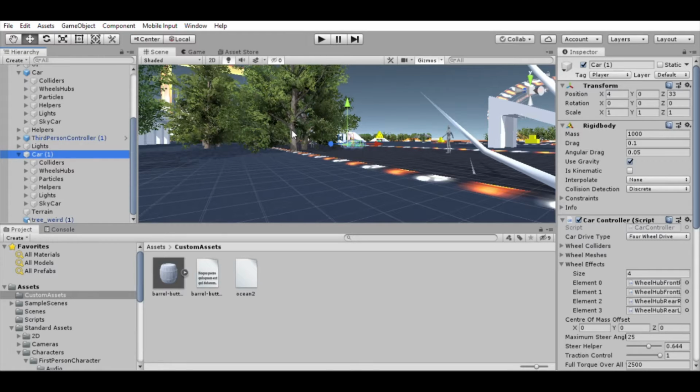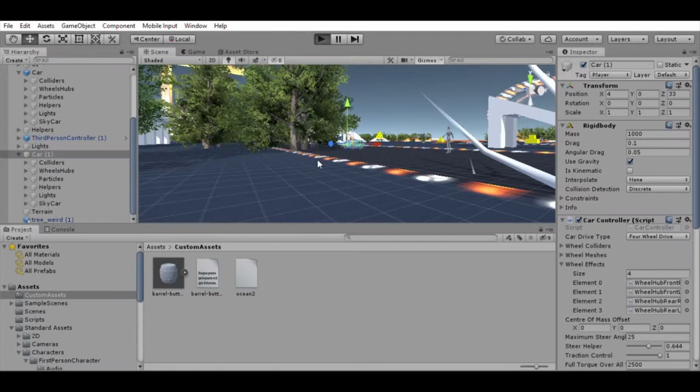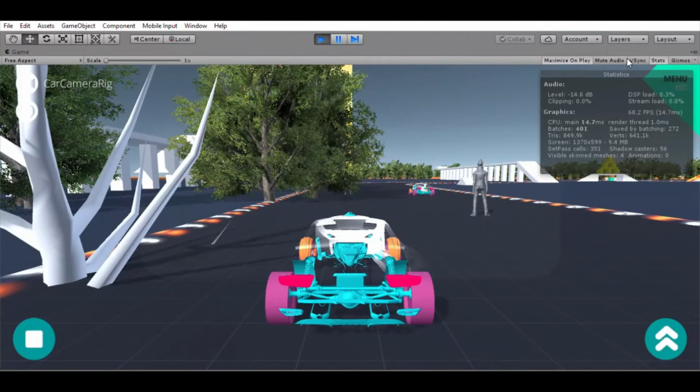So when you go into game mode, it seems like one car is chasing the other car, or something to that effect is happening. But actually,